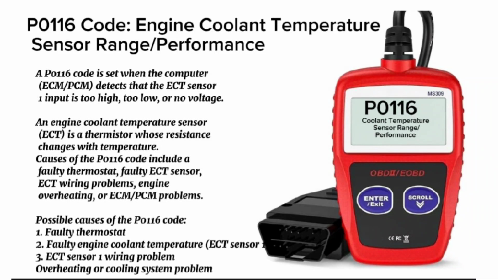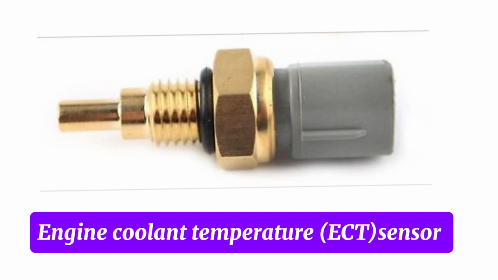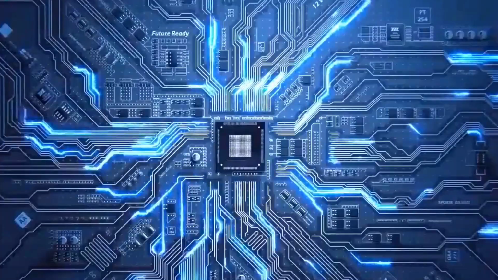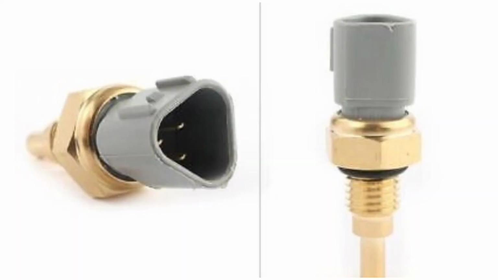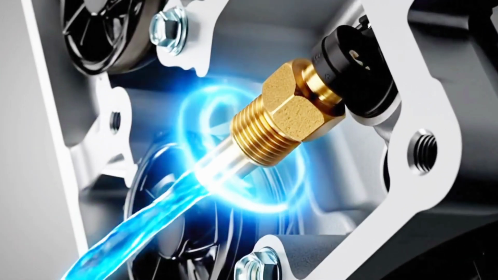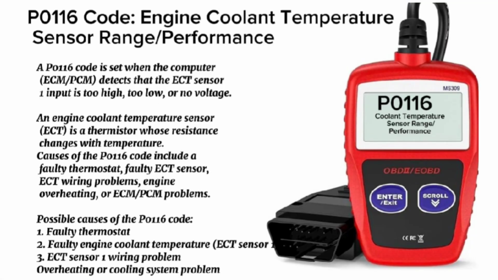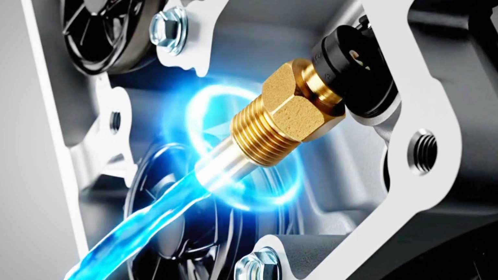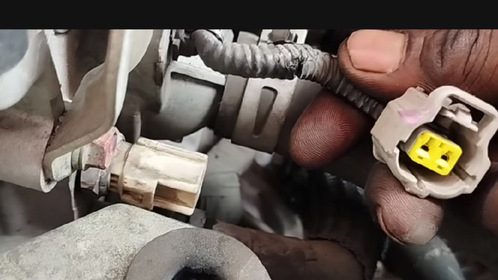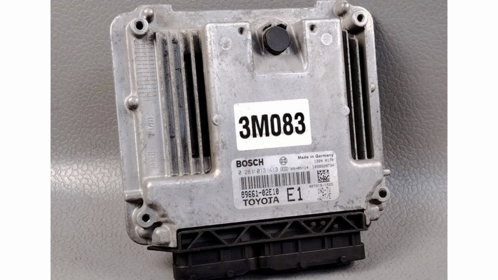The P0116 code is set when the computer, ECM or PCM, detects that the ECT sensor 1 input is too high, too low, or has no voltage. An engine coolant temperature sensor, ECT, is a thermistor whose resistance changes with temperature. Causes of the P0116 code include a faulty thermostat, faulty ECT sensor, ECT wiring problems, engine overheating, or ECM or